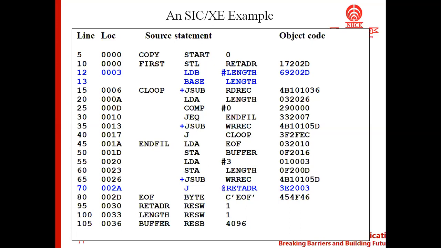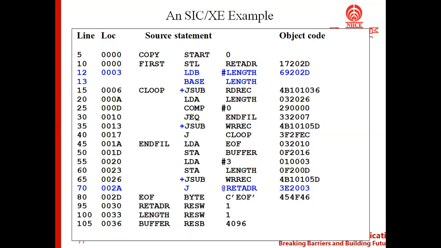Now we are going to see what happens if you change the program from the SAC machine to the SAC XC machine. I have already told you that we are doing the same operation in both programs, only changing the machine. Because we change the machine from SAC to SAC XC, what happens with respect to the object code? That is where we say machine dependency, right? That we are going to see now.